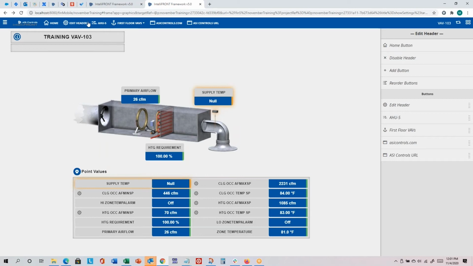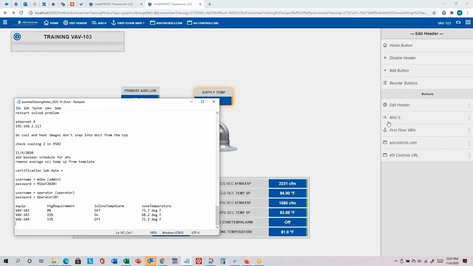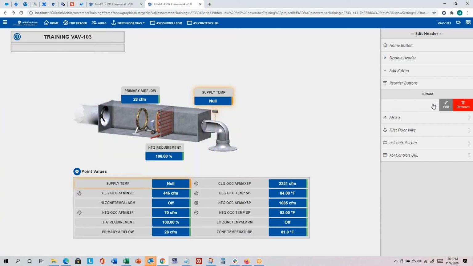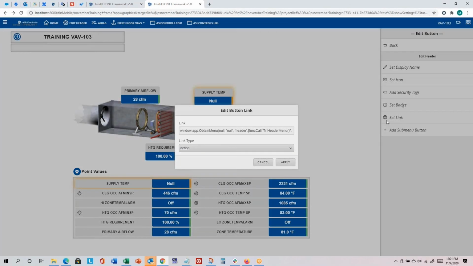And so you can delete that, but sometimes it's helpful to be able to add it back. And so what I'm going to do before I delete it is I'm going to click on my edit header button here on the right and click edit and look at the link. And if I capture this link field here, all this text,